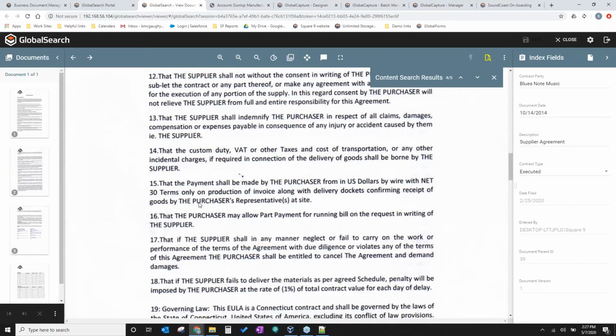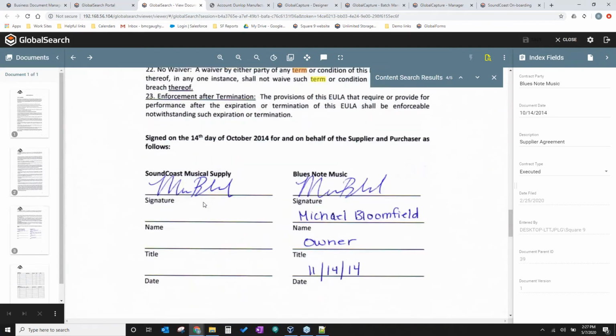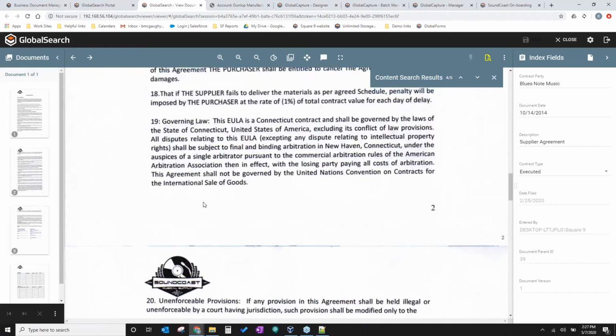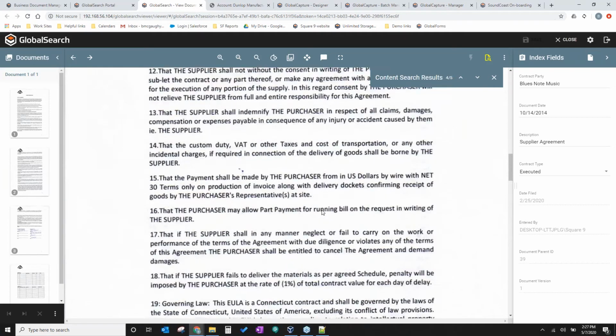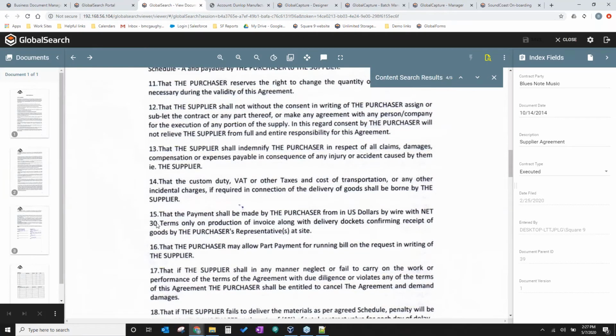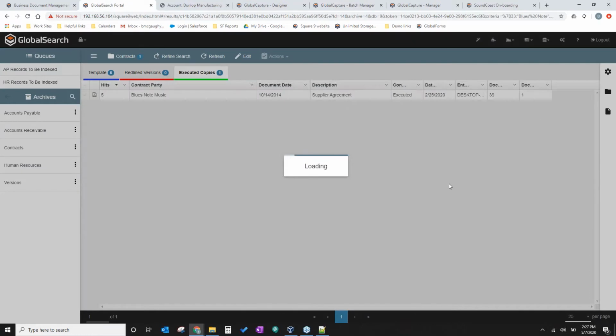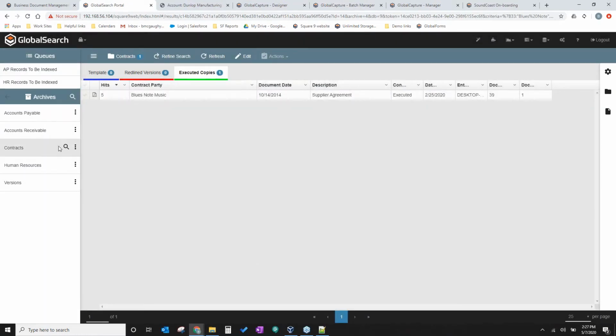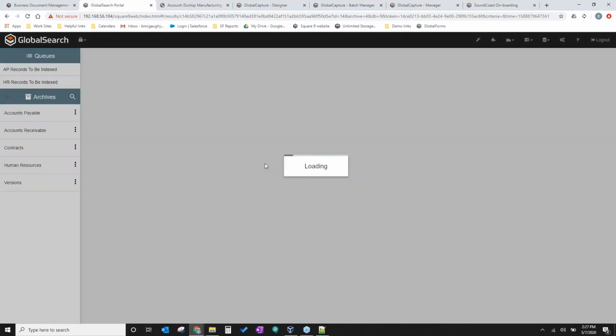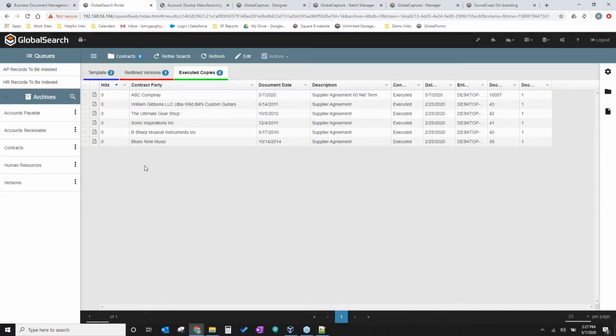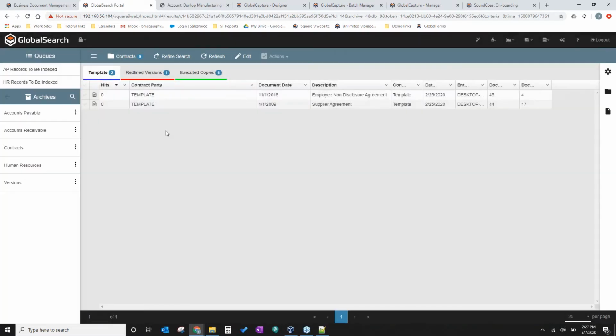So I'm on the phone with this guy talking to him and say, look, you signed this back on the 14th of November, and it clearly stated 30 terms. Now, I'd be more than happy to change that. I have the authority to do that. So let's go ahead and just create a new supplier agreement for you, and we can send that over and have you sign it and get you back to normal with your supply agreement with your net terms.